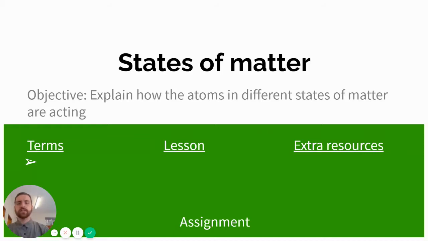Right, so this lesson is going to be about states of matter. You should have already covered this in term 2, but this will just be a refresher for you boys. Okay, so the objective of today's lesson is to explain how the atoms in different states of matter are acting. Okay, and we're just going to be dealing with the basic three: solids, liquids, and gas. The easiest ones. There are no terms for you to be able to explain by the end of this,